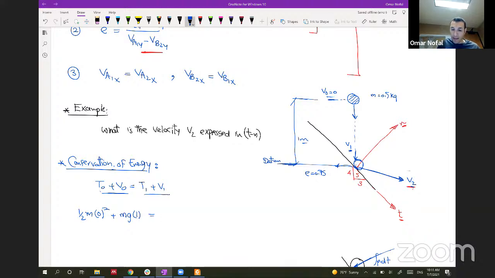The second thing is the half m v1 squared, which we don't know, we need v1, plus the potential energy at position 1. Given that this is our datum and the body will be here, it will be at elevation 0, so it will be mg 0. So this will be equal to zero, and finally we can cancel these m's, so v1 squared will be equal to 2 multiplied by 9.81 multiplied by 1. So finally you can get v1, and it will be equal to 4.429